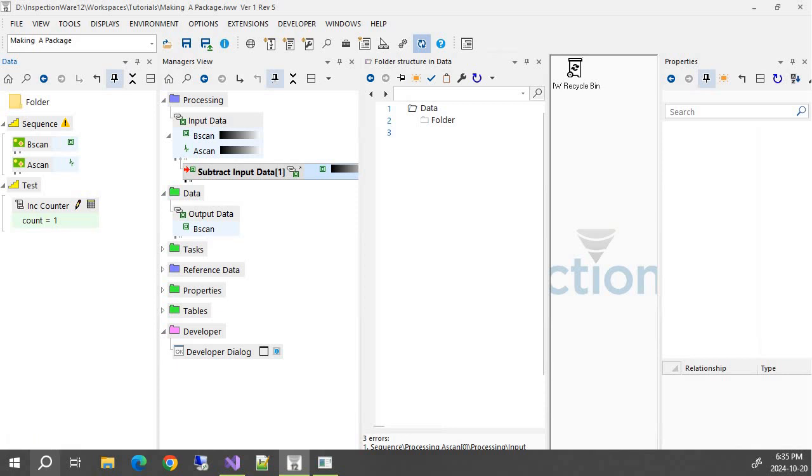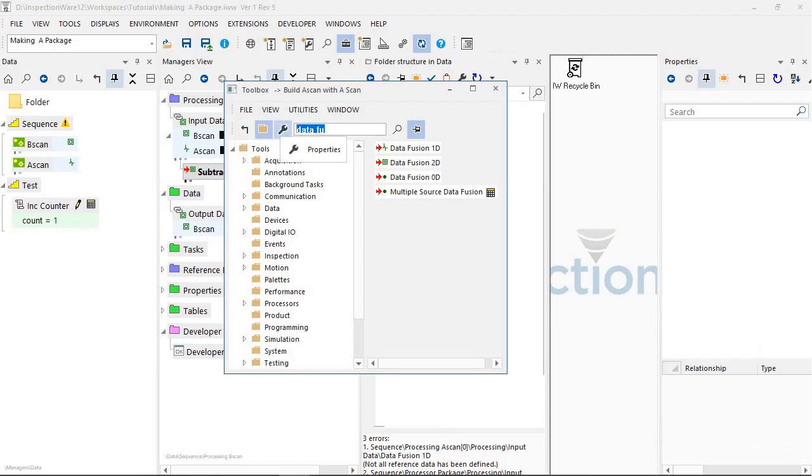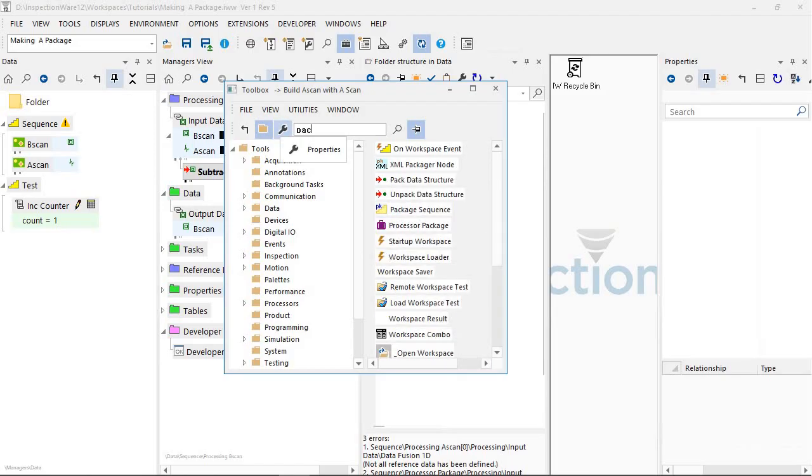So this video is on making an InspectionWare package, and you should probably watch it after watching the video on Introduction to InspectionWare Packages, which gives you an idea of what a package is and when you should use it. So this is the nitty-gritty of using a package, and let's just drag out our processor package and put it